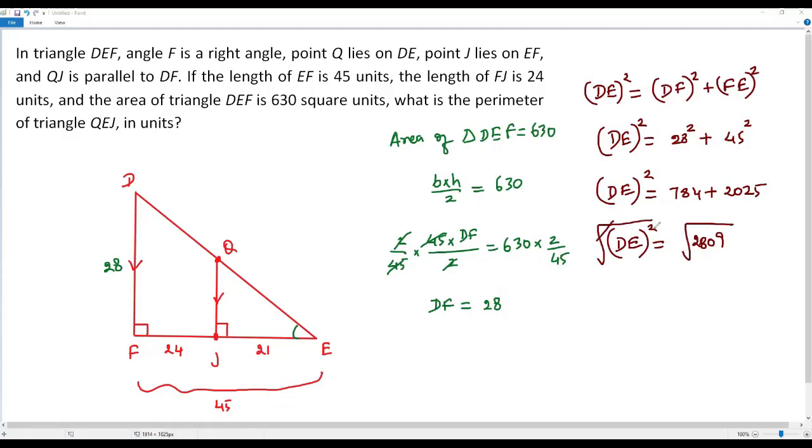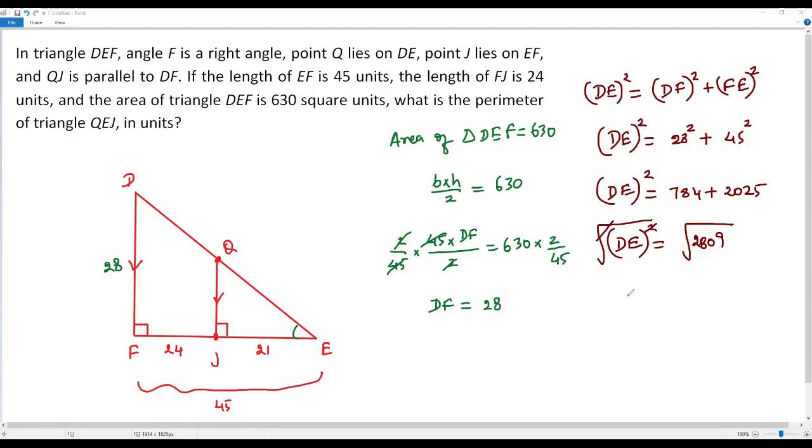On the left side, the square root and square will cancel out. Usually, when we take square root on both sides of an equation, one of the square roots will cancel out. And for the other square root, we will consider positive or negative sign. But here on the left side, we have DE. It represents the length of one of the sides of the triangle. It cannot be negative. So instead of positive or negative sign, we can just consider only positive sign over here